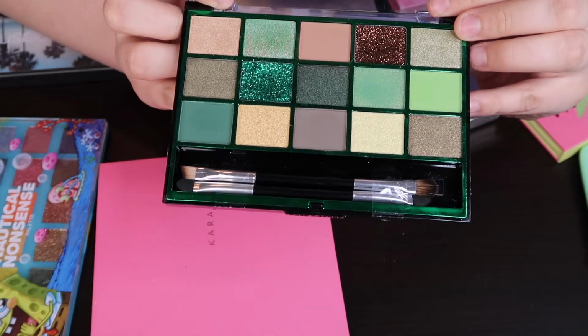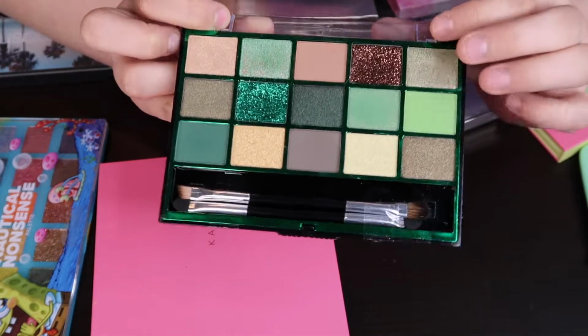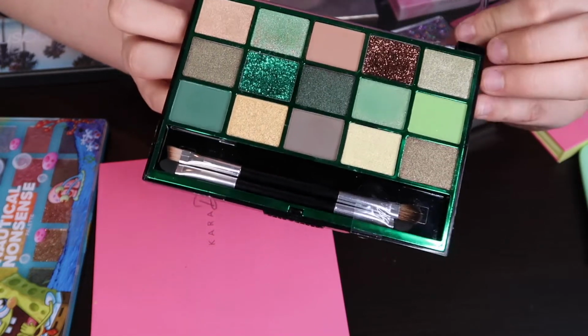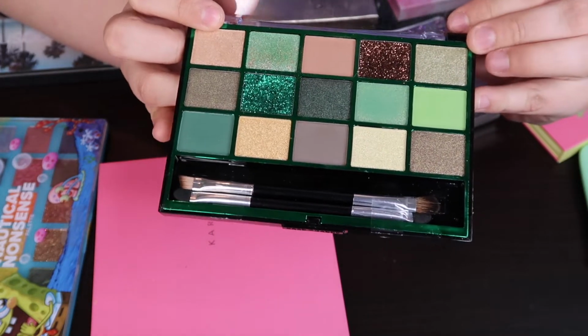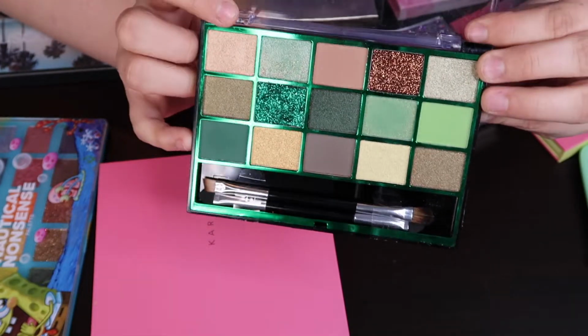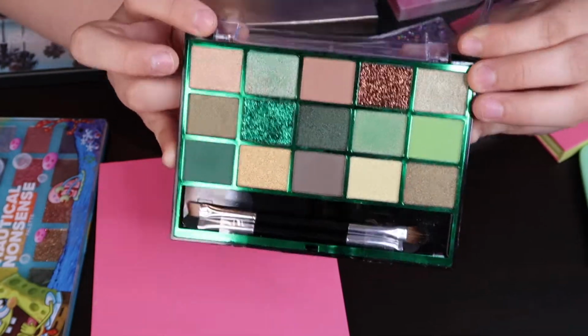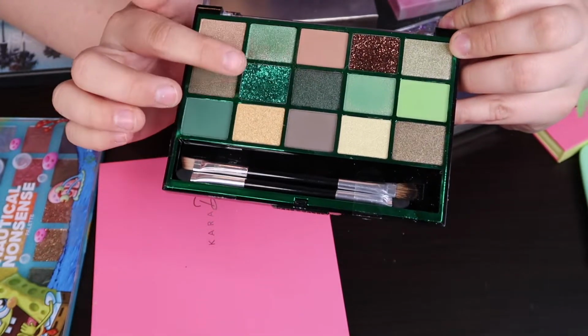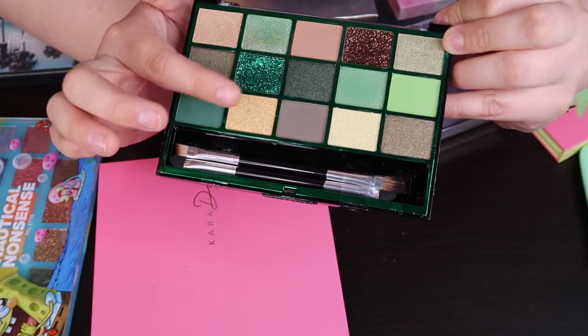They have, since I bought this, updated it. I think they added more shades and changed the packaging. I think now it's slightly bigger. I'm not entirely sure, but there's nothing wrong with mine, so I'm still going to keep mine until I need to replace it. These pressed glitters are more of the